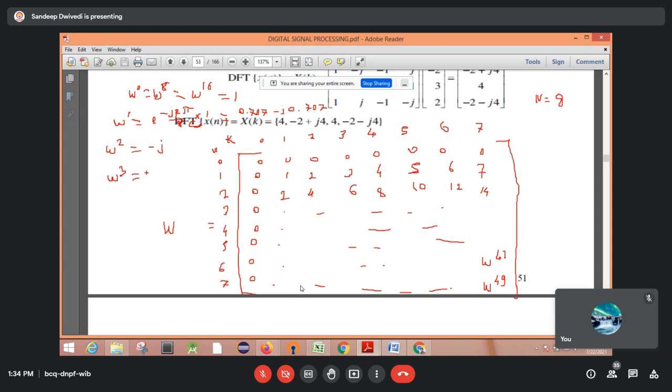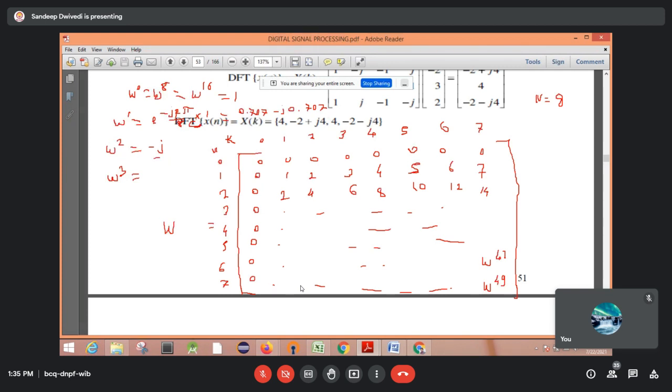So the value of W1 will be equal to value of W9, right? Okay. ये same होगा 0.707, 8 के डिफरेंस में 1 में अगर 8 ऐड करोगे तो क्या आएगा w raised to power 9, 9 में फिर से 8 ऐड करोगे तो क्या आएगा 17. So w raised to power 1, w raised to power 9, w raised to power 17, w raised to power 25 will have same value, और वो कितना रहेगा 0.707 minus j 0.707, ये वैल्यू रहेगा, ओके.